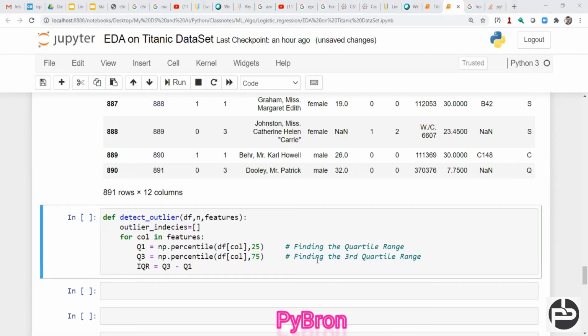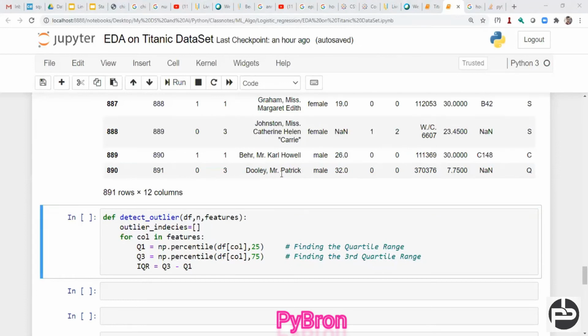I already told you, 1.5 times IQR. Let's suppose you are going to identify the lower whisker, if I draw this diagram again here. This is my whisker. So what is this value? Q1 minus 1.5 times IQR, right? How are we going to calculate the lower quantile and the upper quantile? Again Q1, which you already have, minus 1.5 times IQR, which is nothing but the IQR step.